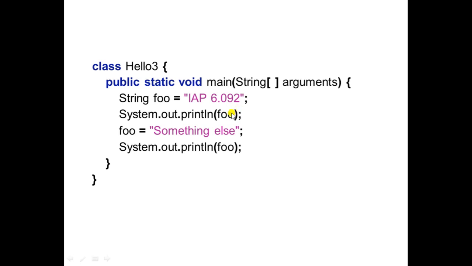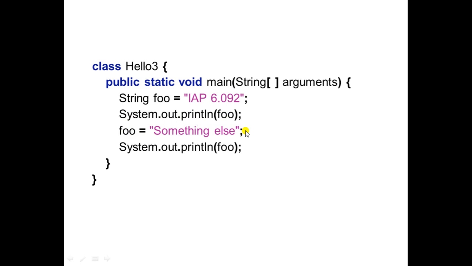My question is, if I am putting this foo in double quote, what happened? Can you guess? Yes, that foo will get displayed as it is on a screen, not its value. Okay, so a lot of students are making this mistake. You need to remember it. Then again, what I have done, foo equals something else.